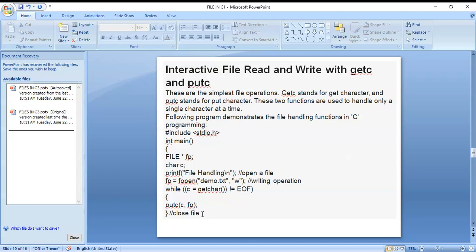For binary files, reading and writing, you can use these modes: rb is reading a binary file, wb is writing a binary file, ab is appending a binary file. And there are r+, w+, a+. w+ is writing and reading a file, r+ is first read then write, and w+ is first write then read. There are different types of modes. Those modes were already explained in the previous class, so all of you please see those.